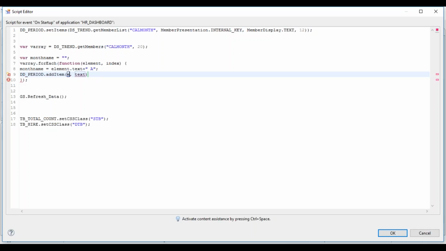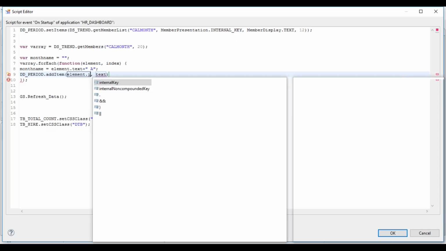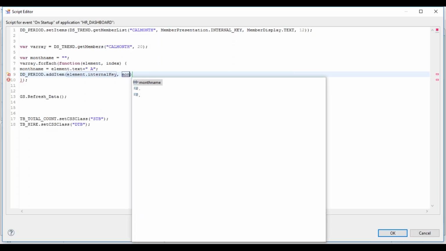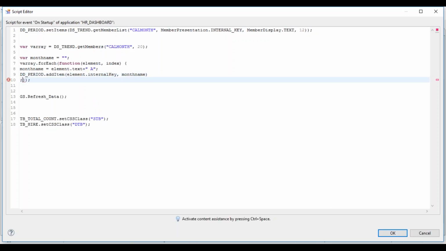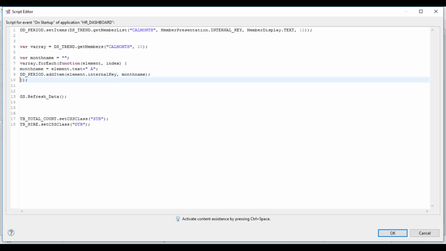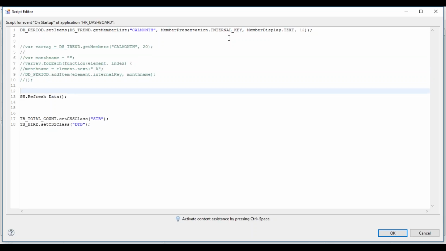The value is element dot internal key, and the text you want to display to the end user is month name. Okay, I'll comment this part. You can uncomment.